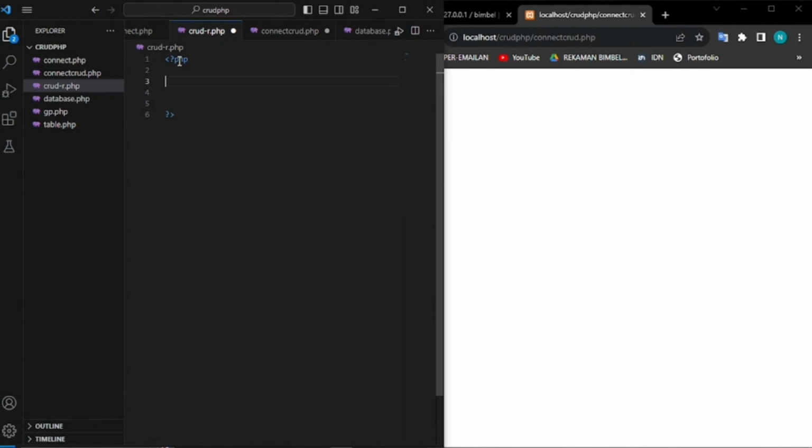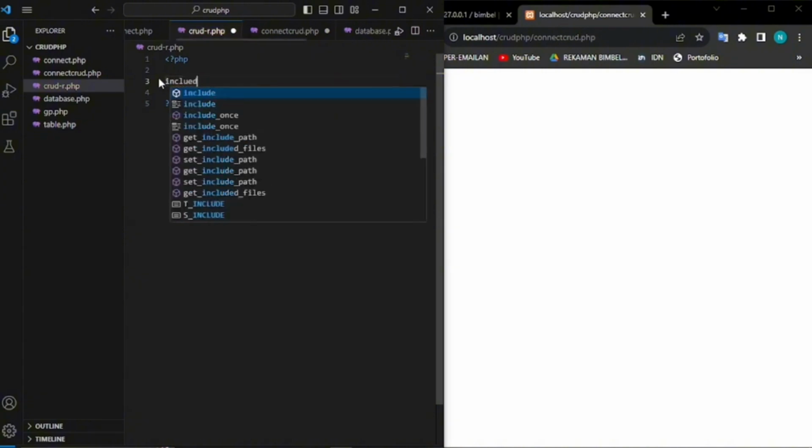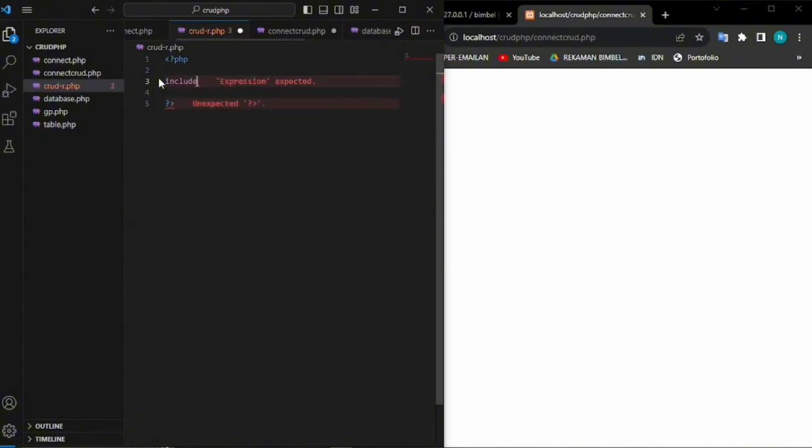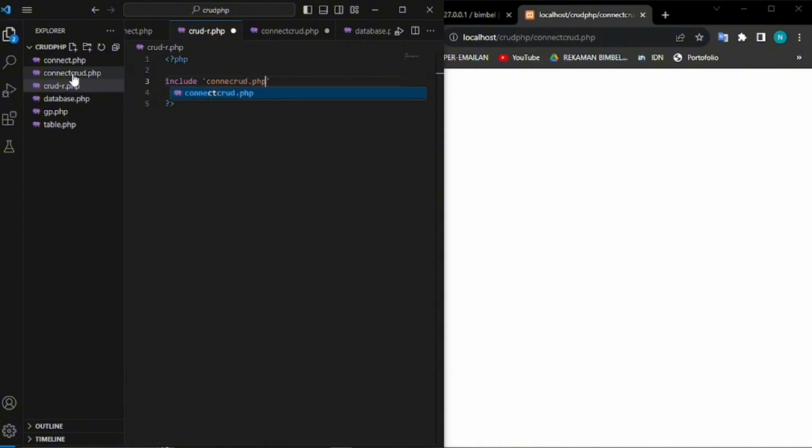And then after that, right here, because I want it to connect with this connector, I'm gonna write include again, and then I'm gonna call this file connect CRUD dot like this, and then